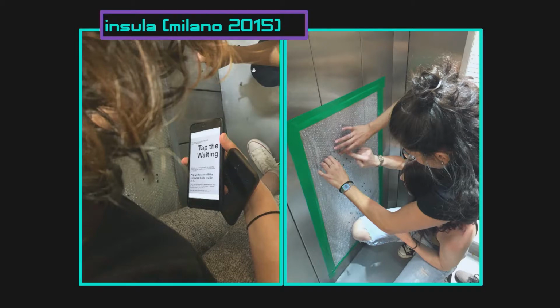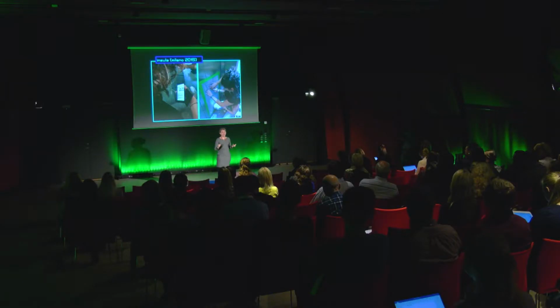And in the game, they had this plastic foil. I don't know the exact English word for that, but you can crush them and make nice sounds. That was one idea of having people interact with each other. The people that moved into the elevator immediately wanted to crush the bubbles and work together, even though they didn't know there was a game. They just joined the activities and went acting and crushing bubbles. For the players, sometimes it was a problem because there were not so many bubbles anymore to be crushed, because they were all done already by others. So just one little game element of that game.